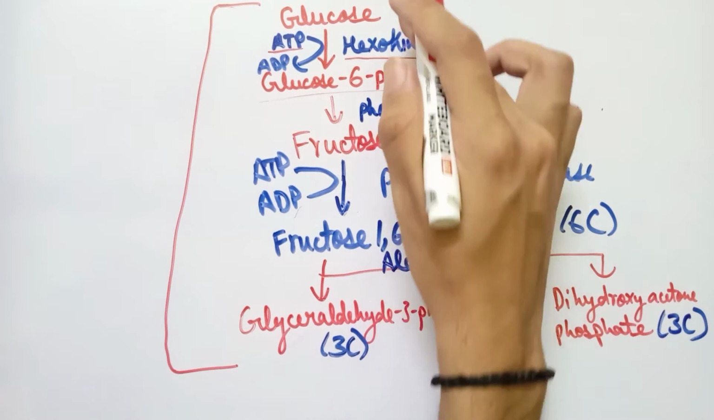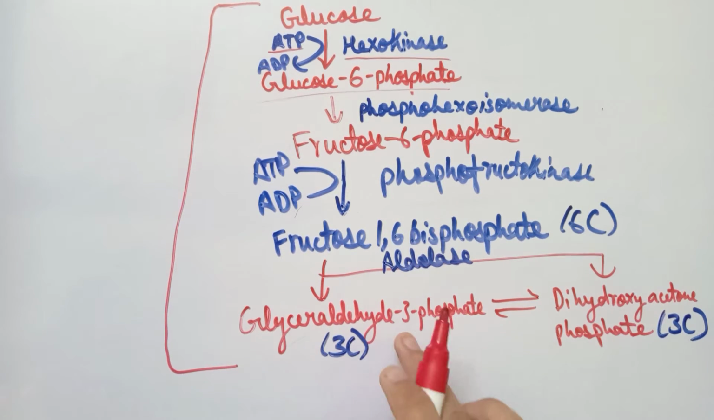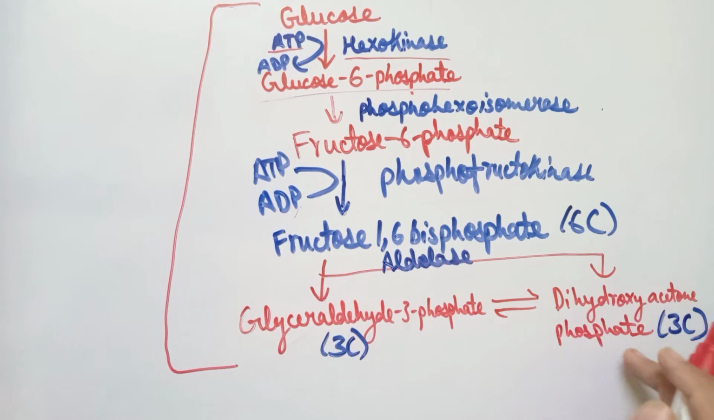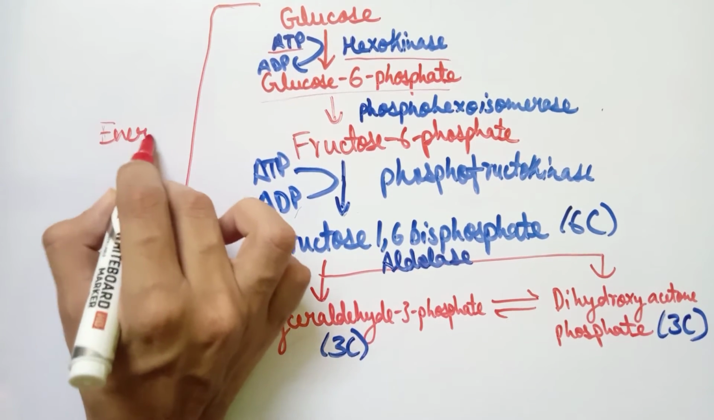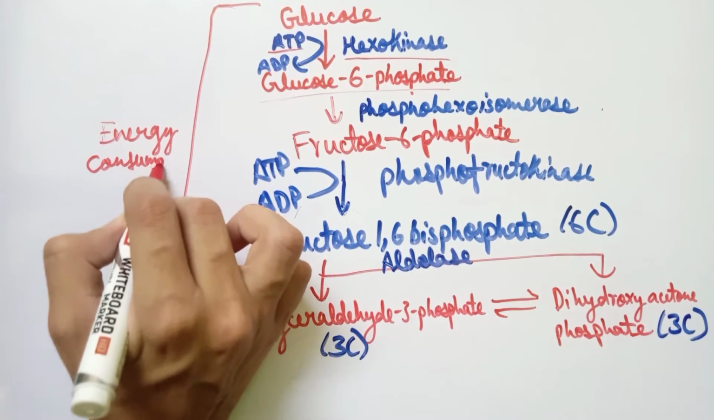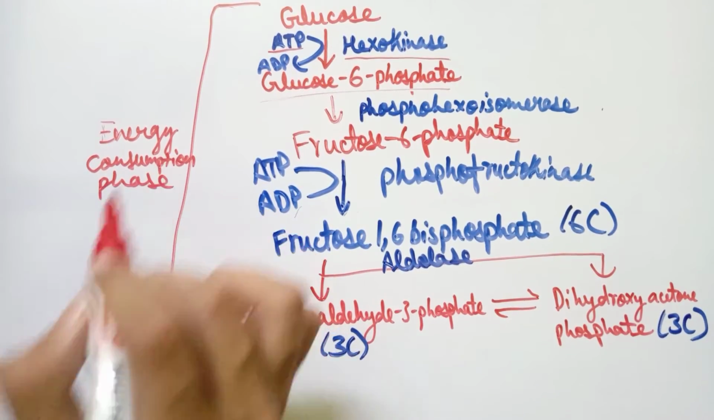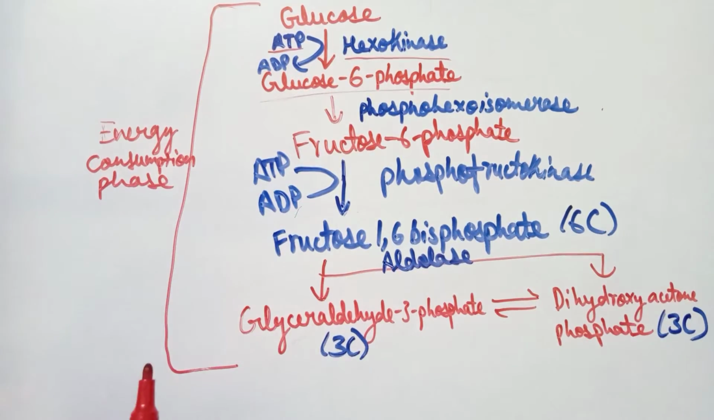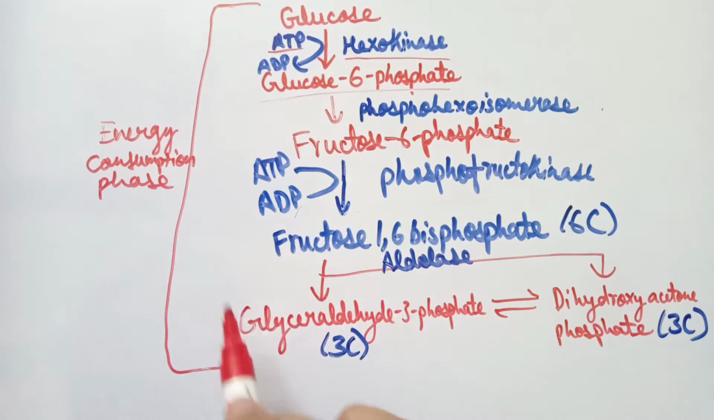All of these steps from the beginning, from glucose to the formation of glyceraldehyde 3 phosphate and dihydroxyacetone phosphate, come under the energy consumption phase, also known as the activation phase. This is known as the energy consumption phase because, as you can see, two molecules of ATP are utilized